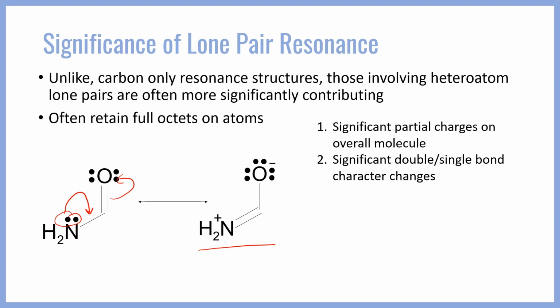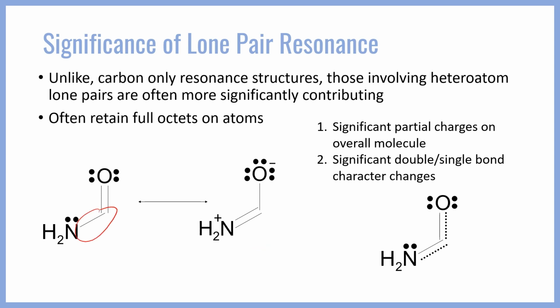So let's look at the superposition for this molecule. As you can see, I've drawn dotted lines in for some of the bonds. Why is that? Well, if we look at the two structures on the left, we see that one of them has a single bond for nitrogen and the other has a double bond. Because both of these structures are contributing, in reality what we're going to get is a 1.5 bond, which we see here, right? So this nitrogen-carbon bond is stronger than typical NC bonds that are single bonds, but slightly weaker